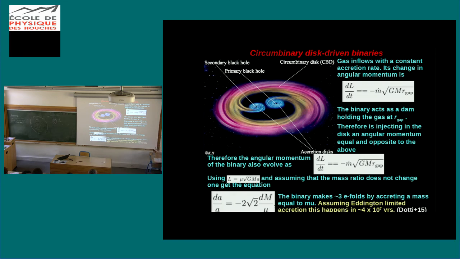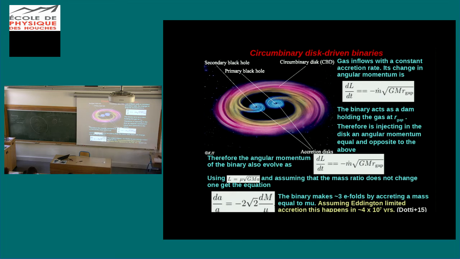So suppose you have a gaseous disk and a binary within it. What happens is that the quadrupolar moment of the binary carves a gap, a hollow, in the disk. So now you have a disk that has a central rim, where material tends to pile up because it feels this quadrupolar forcing of the binary. Let's suppose for a moment that there are no streams here, and you just have this sort of dam. So the material flows in, and then it encounters this forcing potential of the binary, and it just